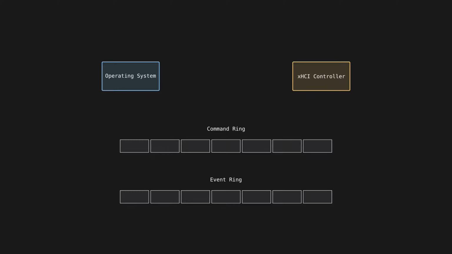At this point, you're probably familiar with this diagram from previous tutorials where the OS places a request into the command ring and the controller will look at it and generate a response, at least according to our understanding so far. However, in reality, when you place a command onto the command ring, nothing happens, at least immediately. The controller doesn't sit there waiting for your commands and waste resources. There is a specific mechanism, though, that we can use to notify the controller that there is a command pending,